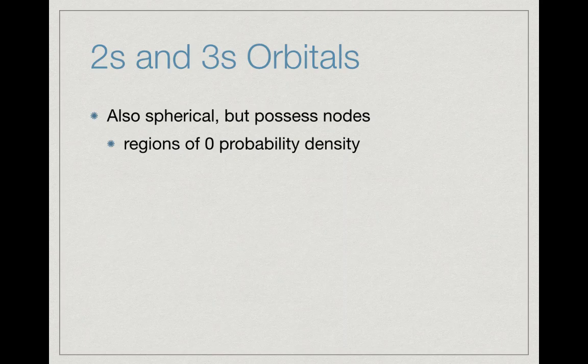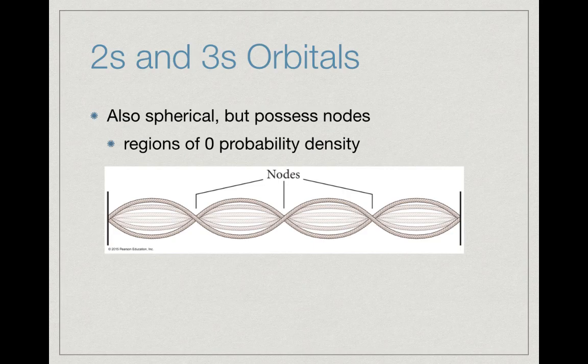The easiest way to look at that is the amplitude of a wave if you're waving a rope back and forth. We can see that in areas here, here, and here, which indicate nodes, there's 0 amplitude of the wave. If we look at the wave function of an electron traveling around an atom, and we consider that to be its probability density, then where the value of that wave is 0, the probability density also becomes 0. So because of the wave function, there are areas where we have 0 probability of finding an electron. We can see how that works out with our